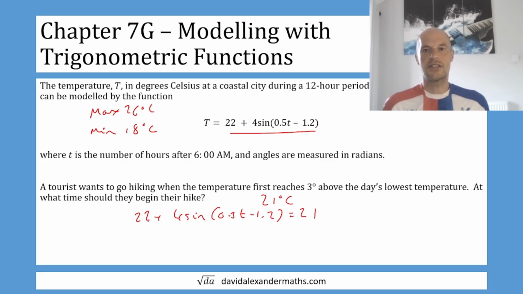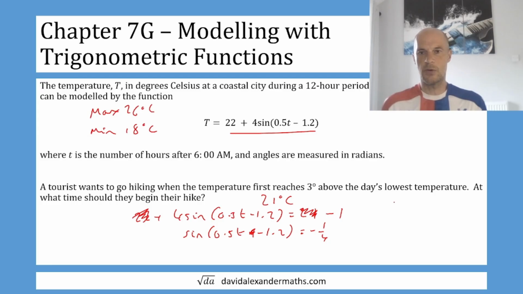So what we're going to do is we are going to subtract 22 from both sides. So that will leave -1. And now I'm going to divide through by 4. So sine of 0.5t minus 1.2 is -1/4. So I'm going to inverse sine that. -1 divided by 4, shift to sine answer. So therefore 0.5t take 1.2 is minus 0.25 to 2 decimal places. Now I'm going to add the 1.2 and then double it. So therefore t is